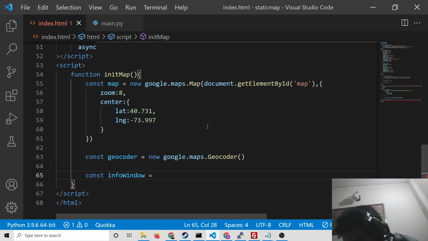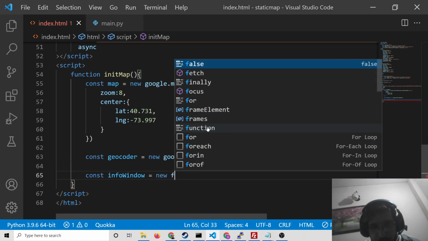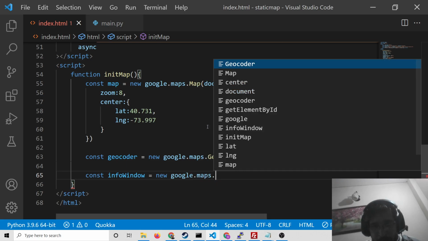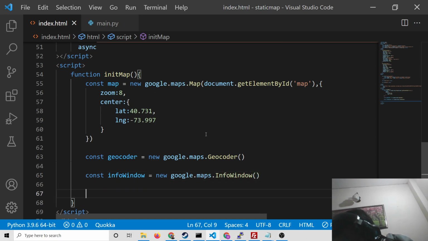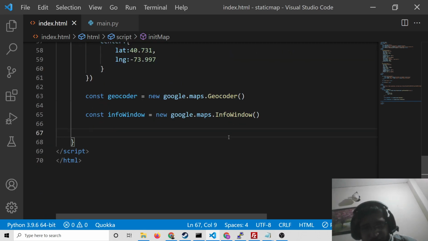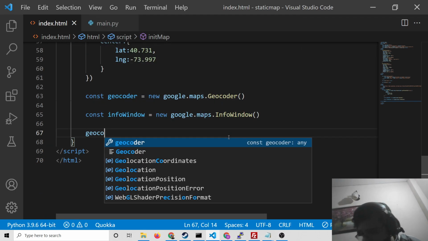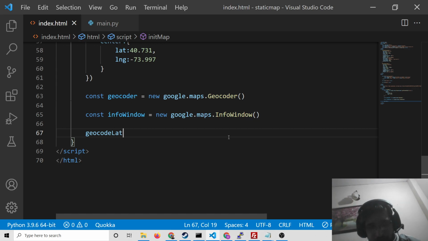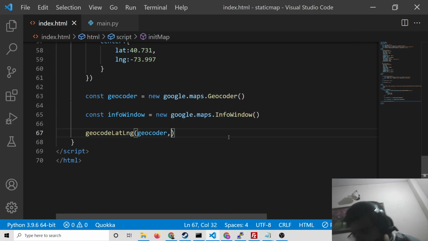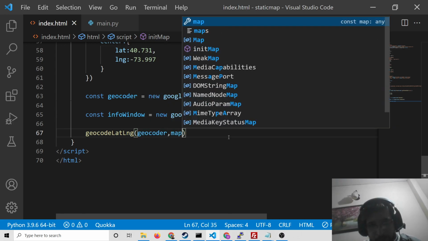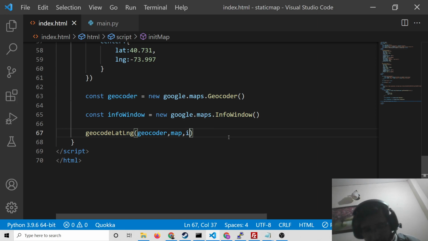So here we will say new google.maps.InfoWindow. After that, guys, we need to call a custom function which we will make here, geocodeLatLng, and inside this we pass our geocoder that we have made here, and the second argument we will pass the actual map, and then we will pass our info window.